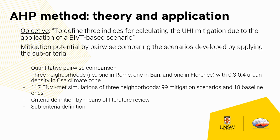They should live in a rural kind of environment. No. I mean, anyway, as I said in this slide, these results refer to urban areas with urban density between 0.3 and 0.4. If we change